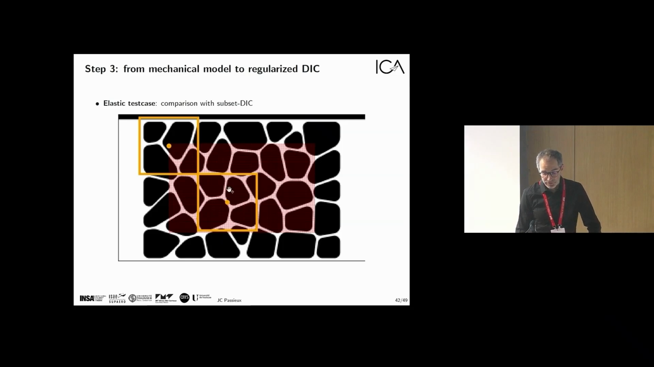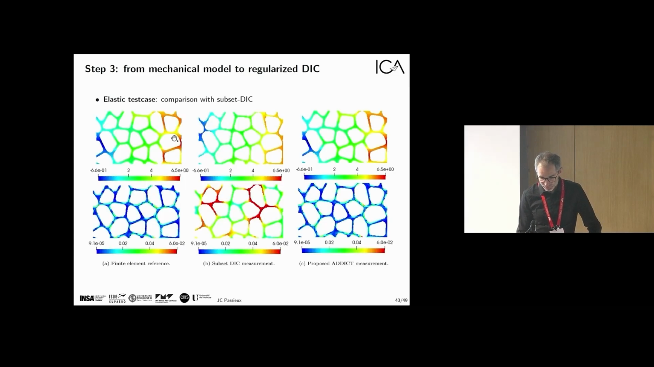To analyze this kind of images with a classic subset-based approach, here is the kind of subset size that we need to use if we want to make the algorithm converge. And if you compare, the first row is the displacement. On the left, you have the reference. In the middle, you have the subset-based blind approach. And on the right, the proposed, what we called ADDICT,